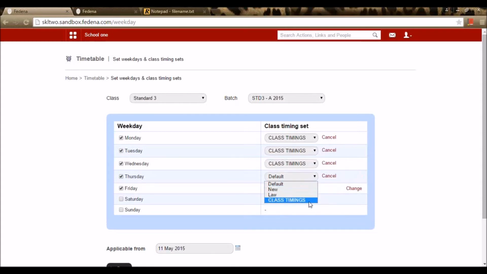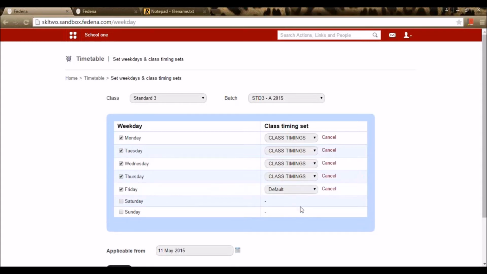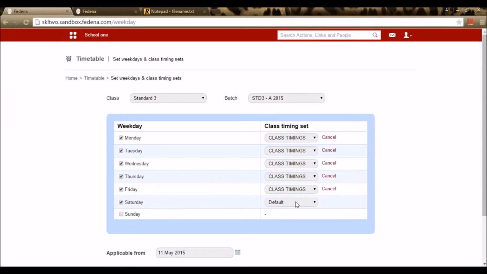And in case I want my student to work on Saturdays, I need to have a timetable for Saturday. So I'm selecting Saturday, and now I'm changing the class timing to be class timing if required, or I can go for default one that is created already. So in case I want a different timing, say for example, according to class timings, the class begins on 10 o'clock. So on weekdays, let's assume the class wants to begin at 10 o'clock. And on a Saturday, I want the classes to begin at 8 o'clock. So I've given a different default class timing set where the first period begins at 8 o'clock.